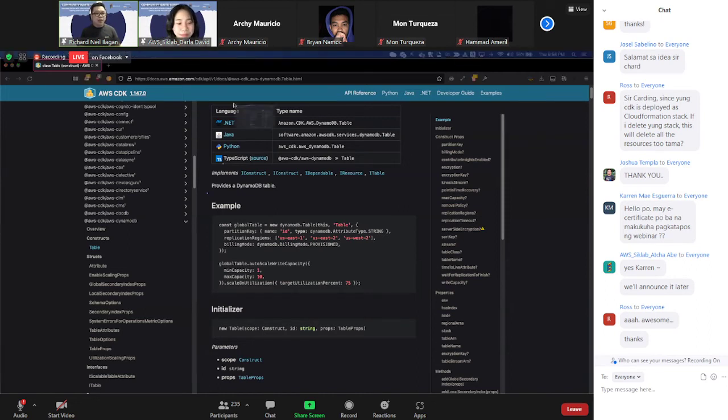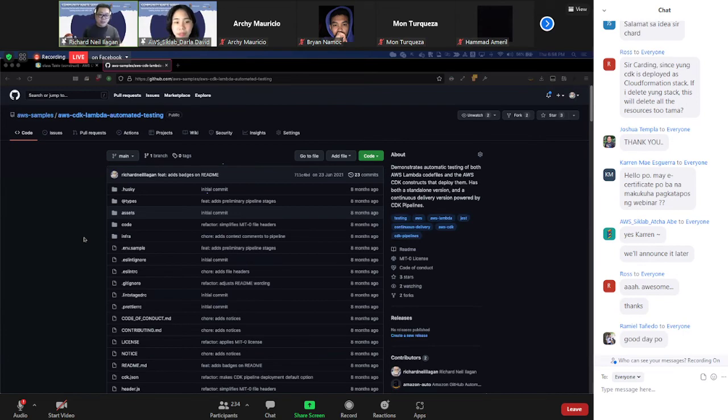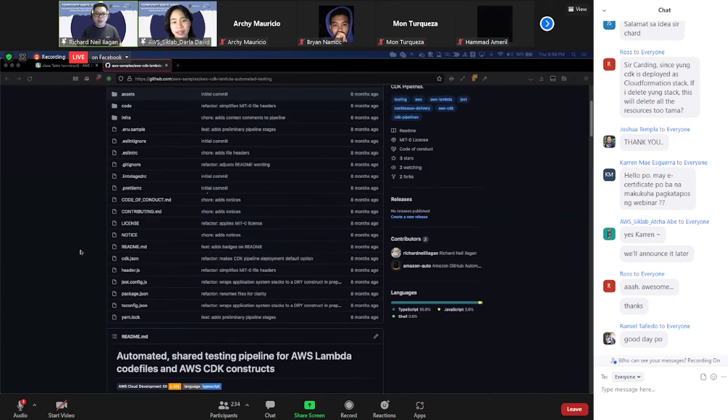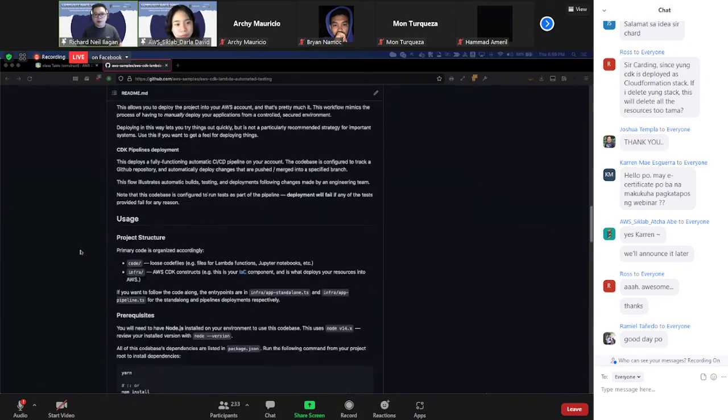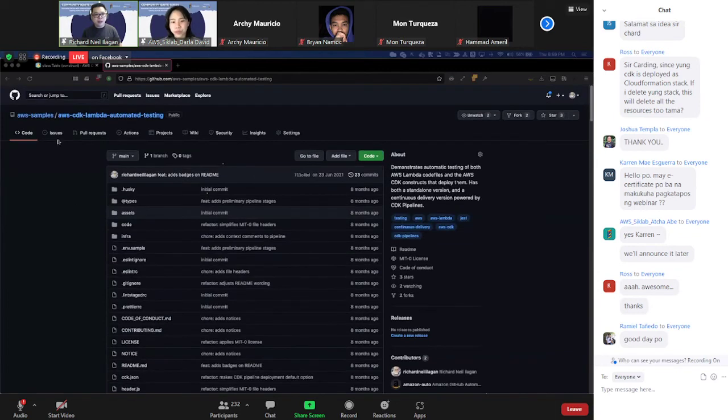If you're interested in doing testing, meron akong pinublish sa AWS samples Git repo on how you can do unit testing on the AWS CDK. So meron siyang unit testing strategies for how to test the CDK, how to test Lambda functions na nasa loob ng CDK, and so on and so forth. So that's right there. It's very comprehensive if you want to take a look at how I do that. I publish that on GitHub under this